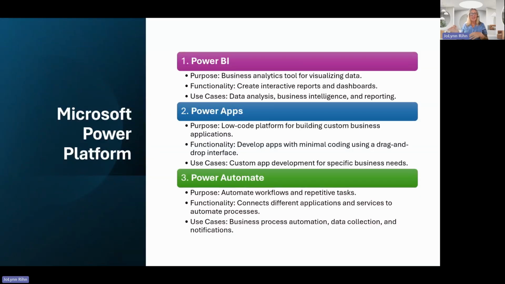There's Power Apps, and that's really kind of what we're going to be talking about today, some of the Power Apps that are available. You can see that it says low-code platform for building custom business applications, where Power BI is a great visual tool that we have built in, but usually in an organization, only specific people work with Power BI.